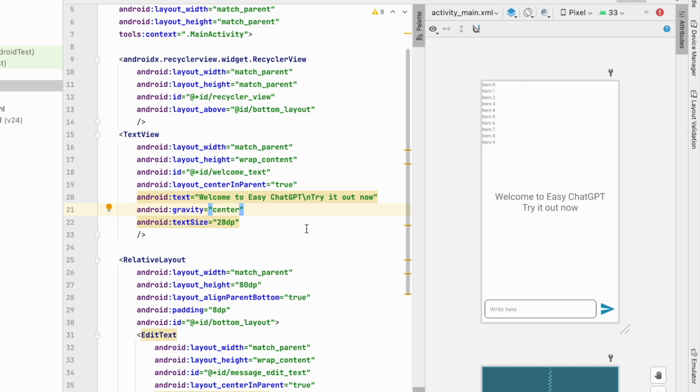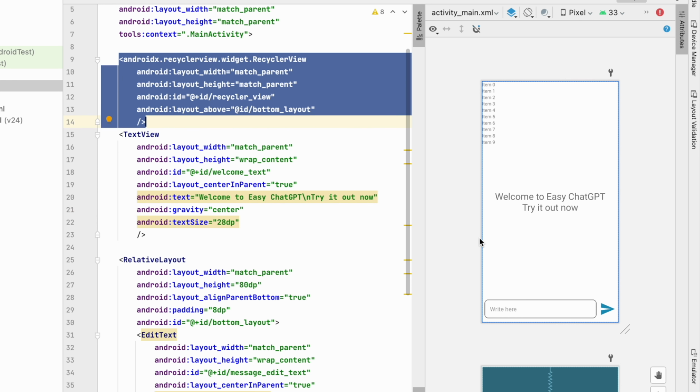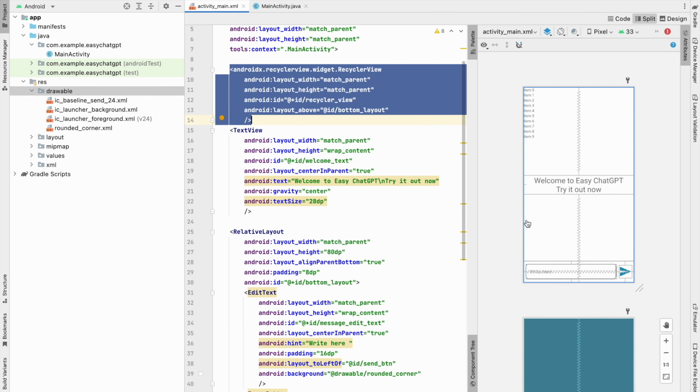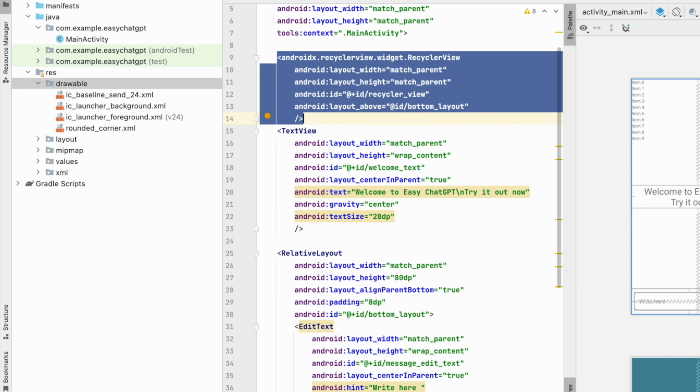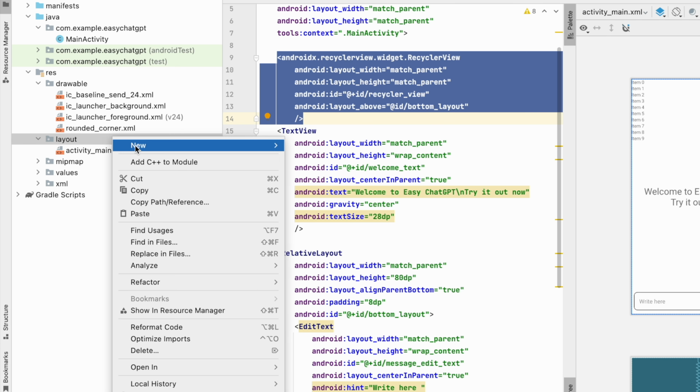So our activity main is done, but for this recycler view we need items. So for that item we need a message view for left hand side and right hand side. Right hand side the message we have sent, and left hand side the message sent by bot. So let's create that layout. So go to layout, new,